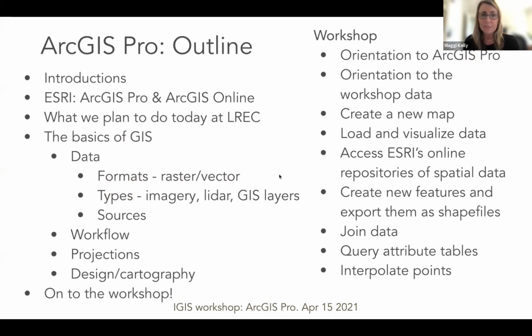So what we're going to do today, we've done our introductions. I'm going to talk a little bit about what the software constellation looks like, and then what we plan to do today in the workshop portion. And the workshop portion is going to focus on one of our research and extension centers, Lynn Cove, down near Fresno in the California Central Valley. It's one of our research and extension centers that focuses on citrus. It's a really neat looking place from the air, from above. So we've got some imagery to show off to you.